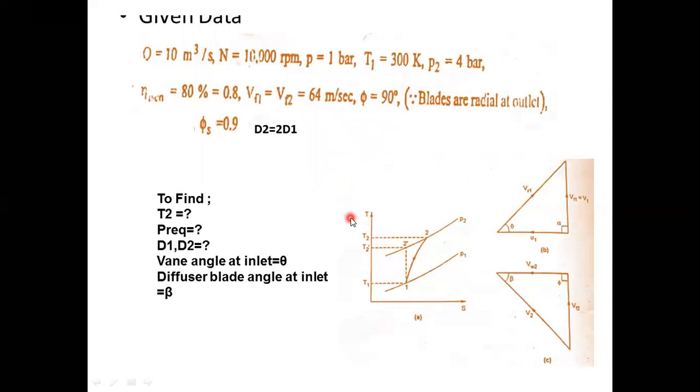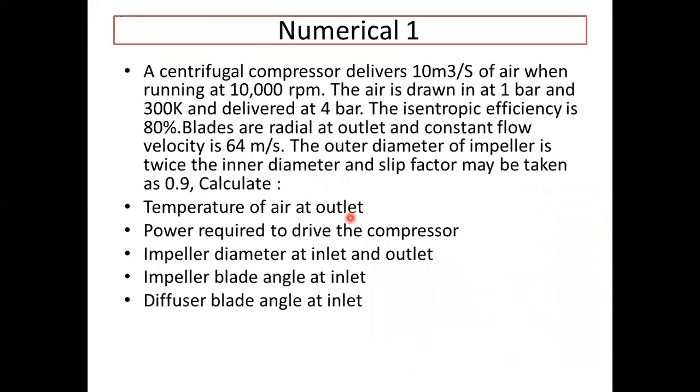Okay, starting with the centrifugal compressor numerical. First of all, one has to always understand which temperatures are given, because in compressor we are dealing with static temperatures or static properties, or stagnation, also called total head properties. Okay, so we have to read every numerical very carefully, and depending upon that, we have to find out whether the properties given are static ones, or stagnation ones, or whether both are given. Now accordingly we have to draw the TS diagram. In this numerical, they just mentioned over here, the air is drawn in at 1 bar and 300 Kelvin and delivered at the 4 bar.